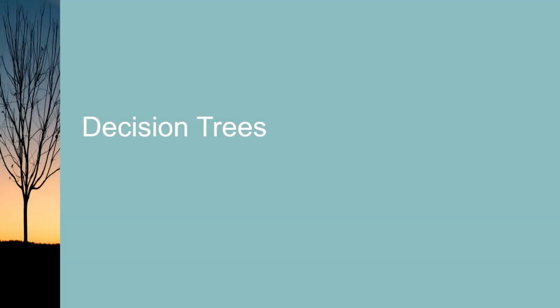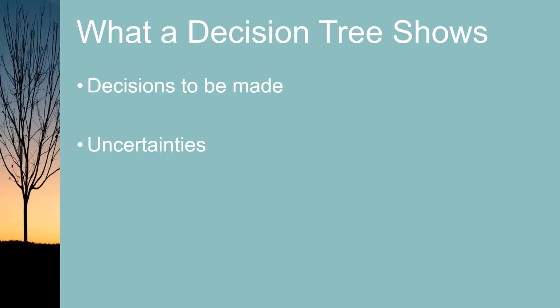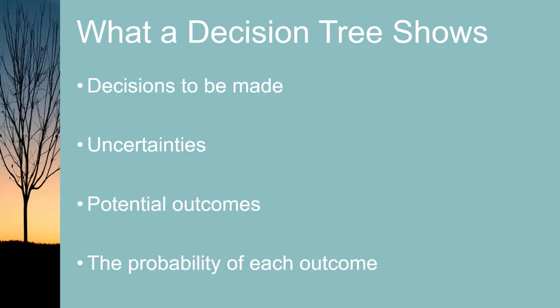Decision trees. Warren Buffett once said, "Someone's sitting in the shade today because someone planted a tree a long time ago." In the same way, the profits of tomorrow may come from a strategy chosen from a decision tree you create today. A decision tree is a diagram that shows decisions to be made, uncertainties, potential outcomes, the probability of